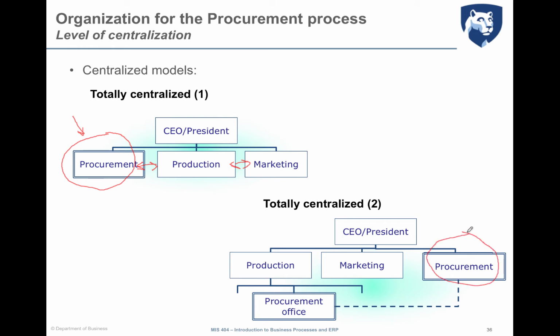There is a procurement office at a central level, which has equal treatment compared to marketing and production. But then, as the company is very big, the central procurement department is not able to